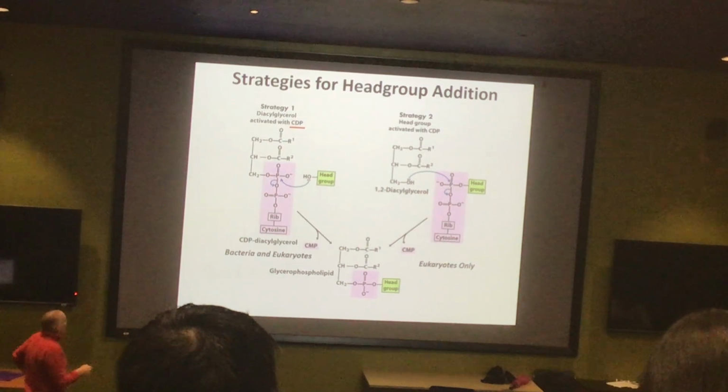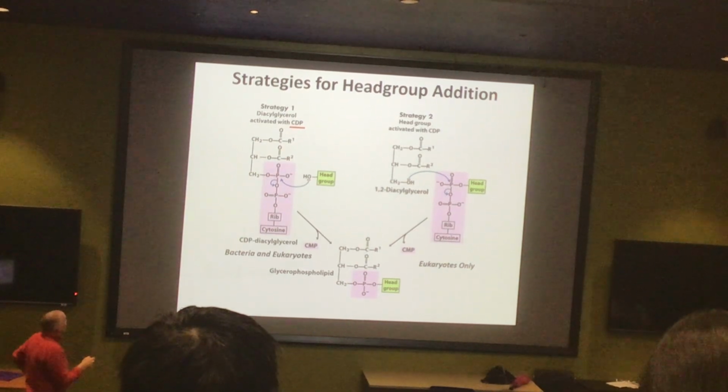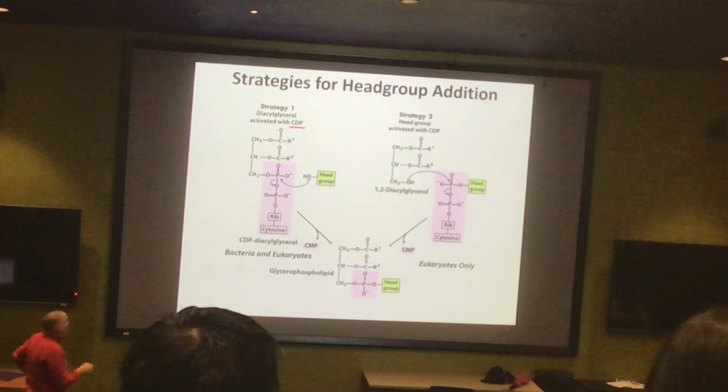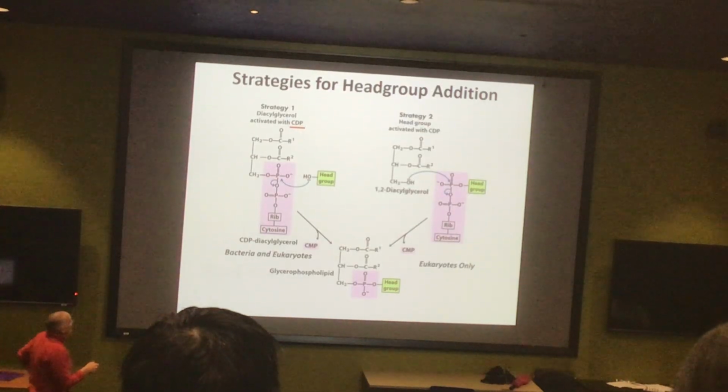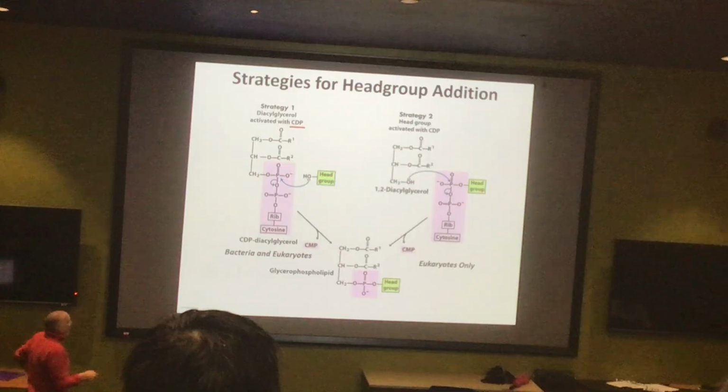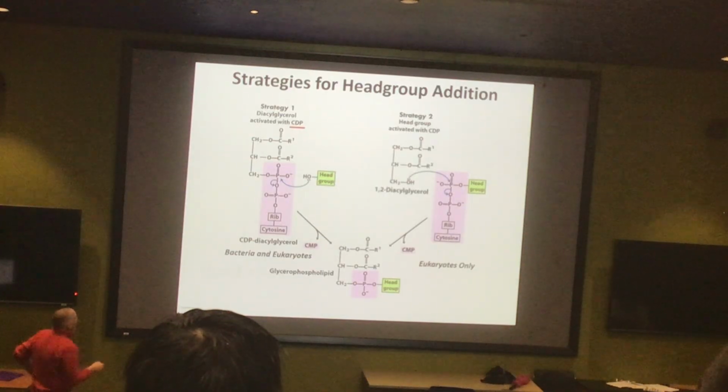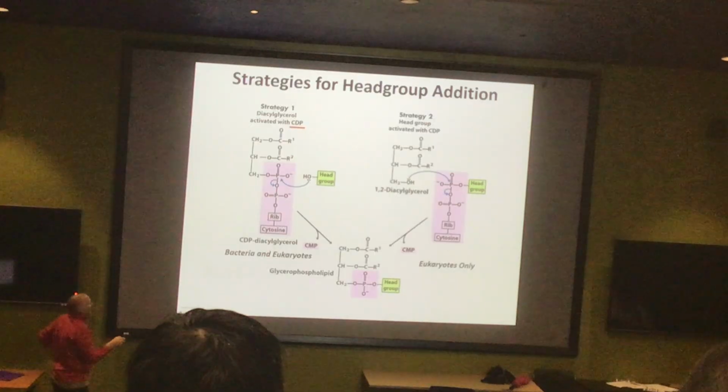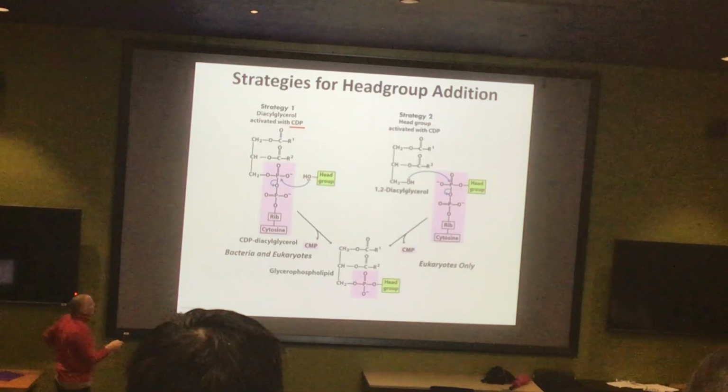You can see that the goal is actually going to be to make the diacylglycerol activated with the CDP group. So here's our leaving group. And then bring in a hydroxyl group from the head group. And then this is how the head group is going to be attached to our phospholipid. So we have the phosphatidate. We're attaching the CDP group to it, right?